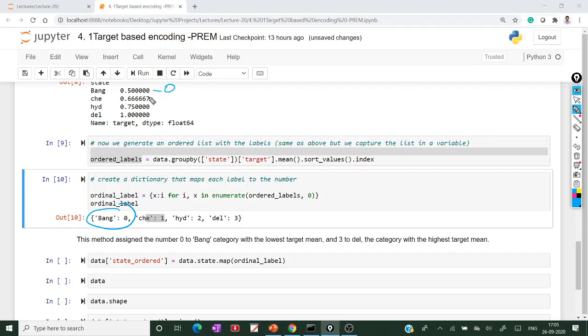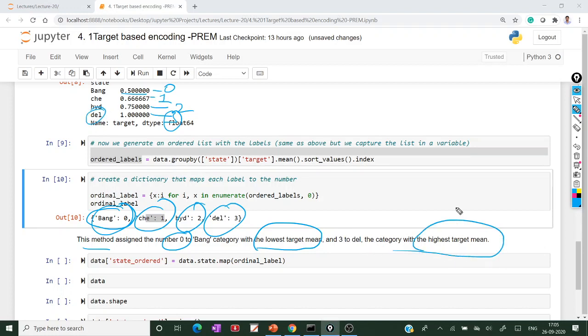Next Chennai is assigned 1, Hyderabad 2, Delhi 3. So this method assigns the number 0 to Bangalore based on the mean value 0.50, the lowest target mean, and 3 is assigned to Delhi with the highest target mean.